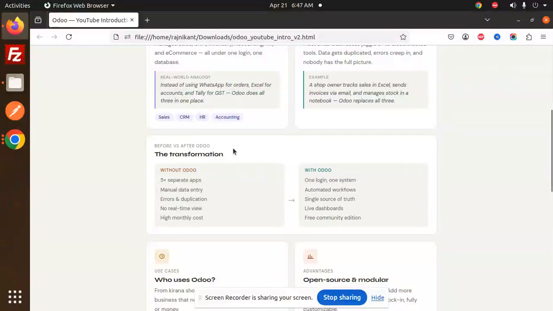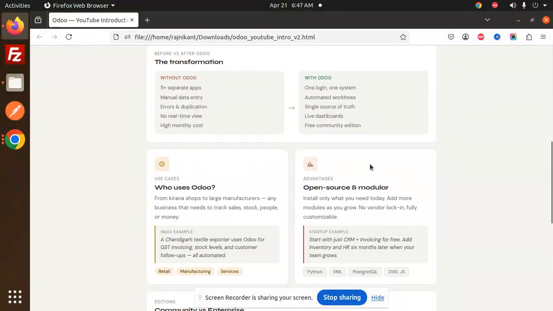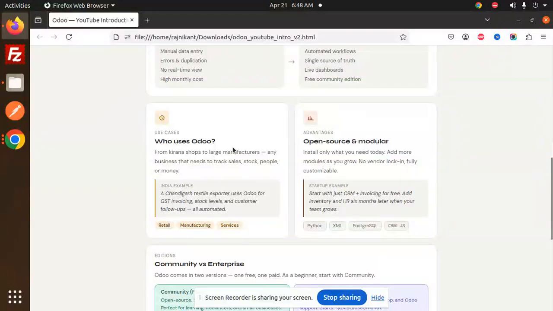Before versus after Odoo, the transformation. Without Odoo: 5 separate apps, manual data entry, errors and duplication, no real-time view, high monthly cost. With Odoo: one login, one system, automated workflows, single source of truth, live dashboards, free community edition. Who chooses Odoo? From kirana shops to large manufacturers, any business that needs to track sales, stock, people, or